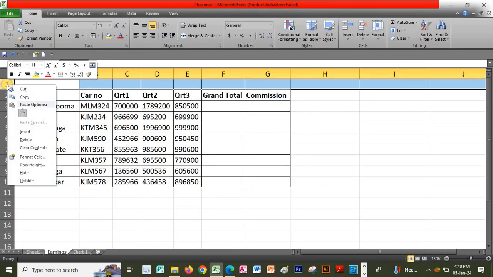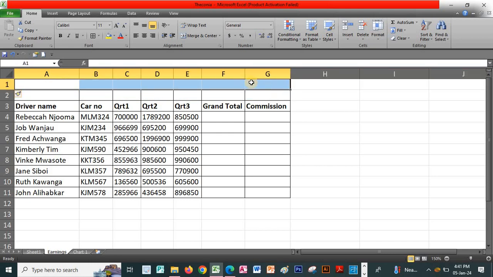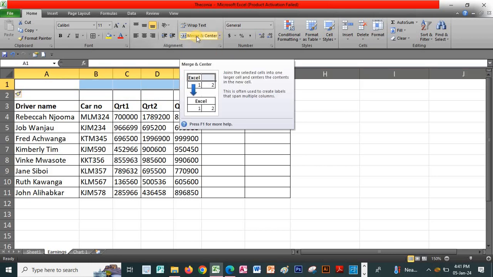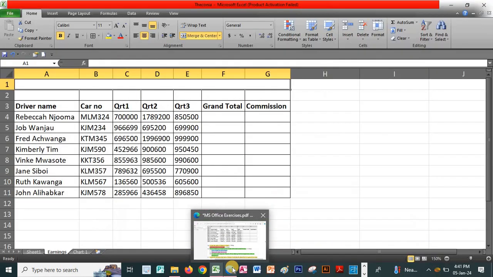Then I right click on row 1 and I click on insert. After inserting, I select from A1 to G1 and we are requested to apply merge and center. Therefore I click merge and center and I can apply borders on the ending. I can as well bold the ending. After that, we proceed to the next question, which says